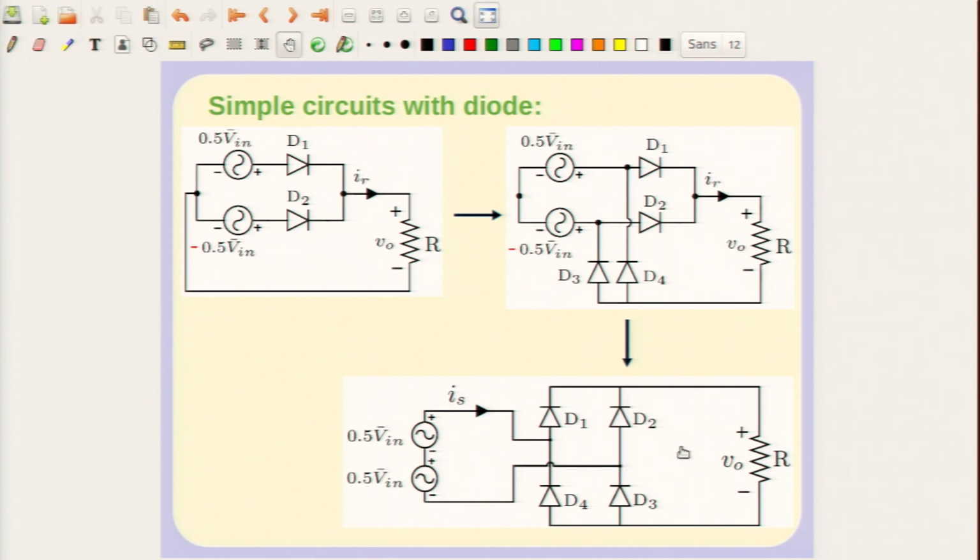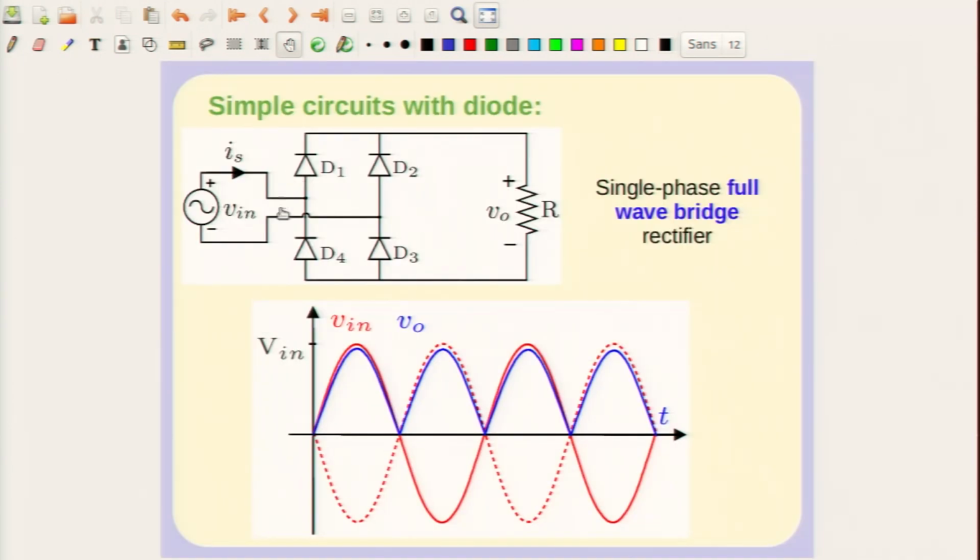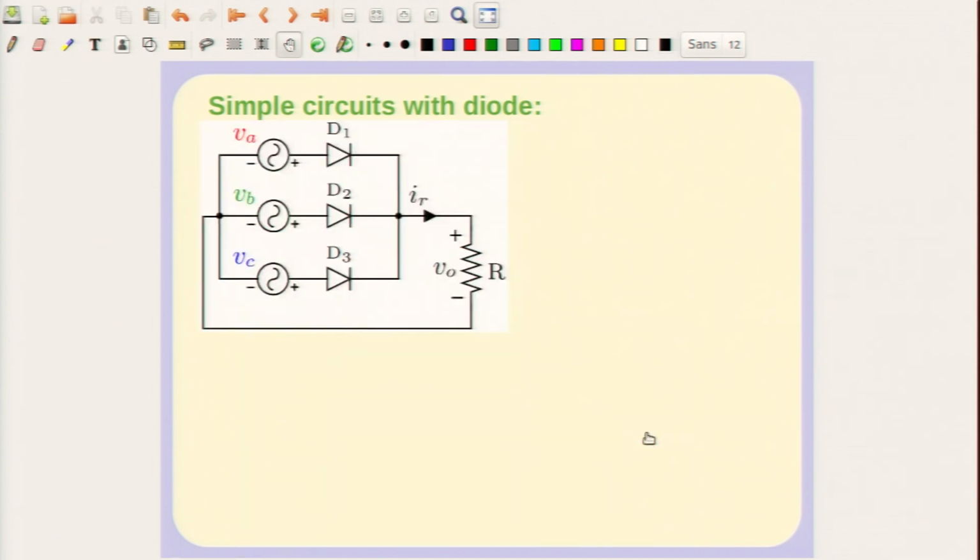So, now you do not of course have to separate out the sources, because there is no midpoint connection here from the source, and therefore, you have in fact got a bridge rectifier which has got this waveform. So, now of course, you have got full voltage appearing across this resistance. So, actually this is an interesting kind of circuit, it is called a single phase full wave bridge rectifier, and